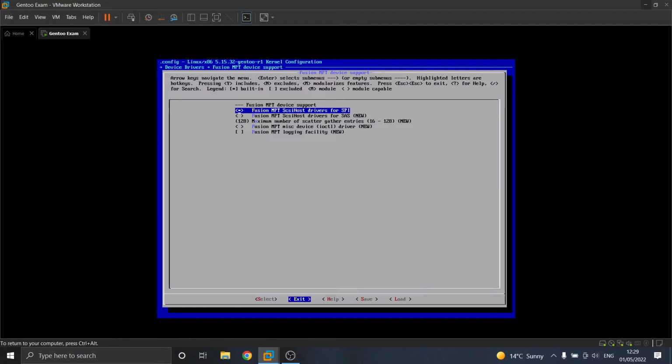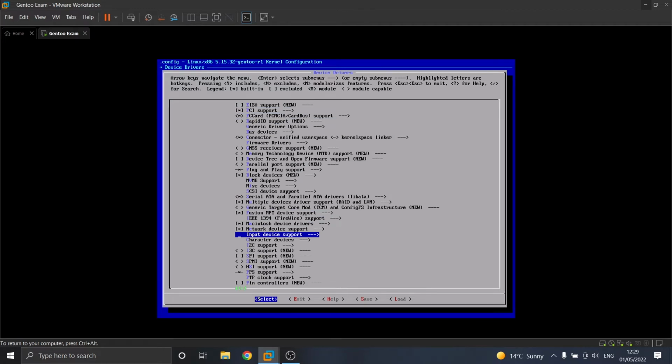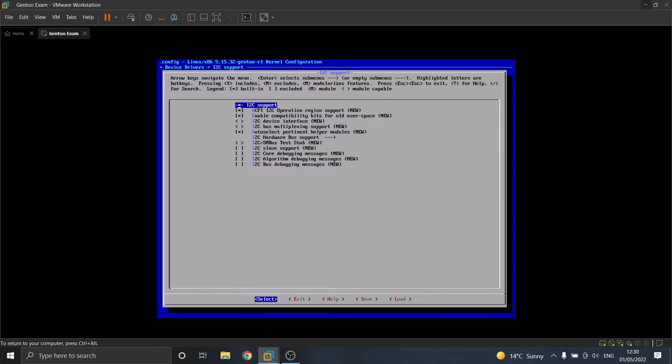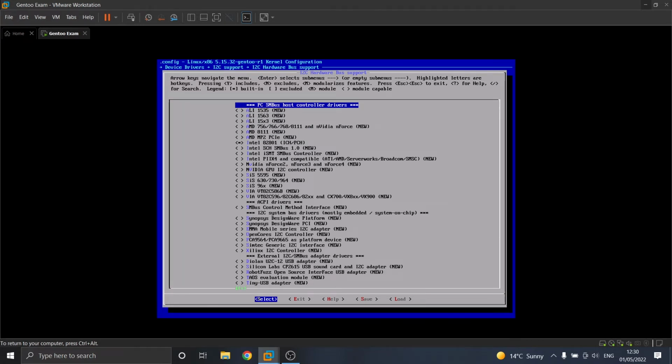So we go back and we go to I2C support, and here we have to go to I2C hardware bus support, and inside that we have to enable the Intel PIIX4 as a module. Okay, there you go. We exit twice